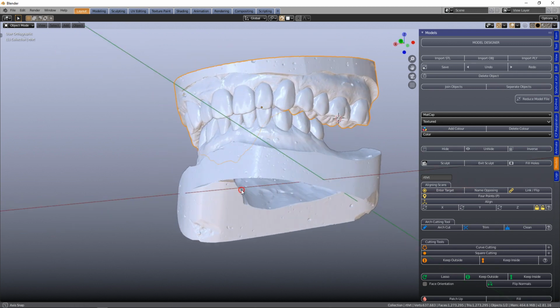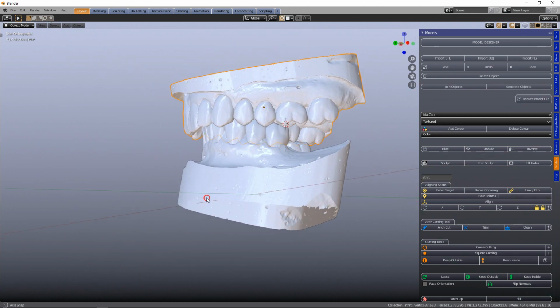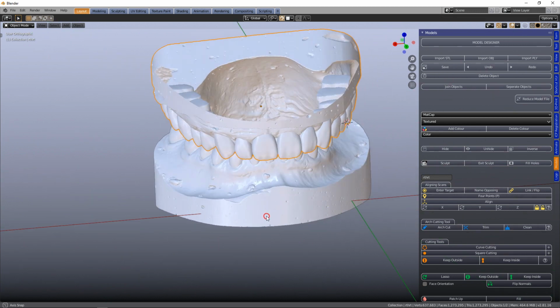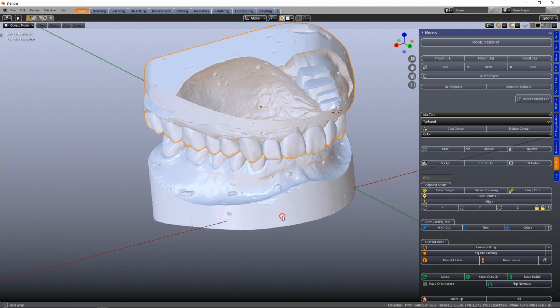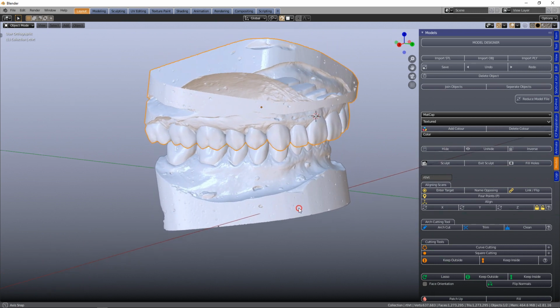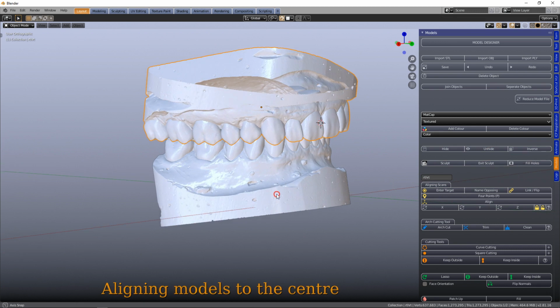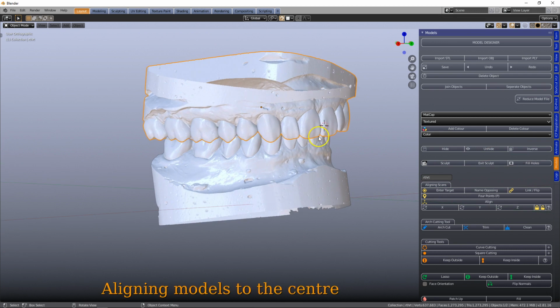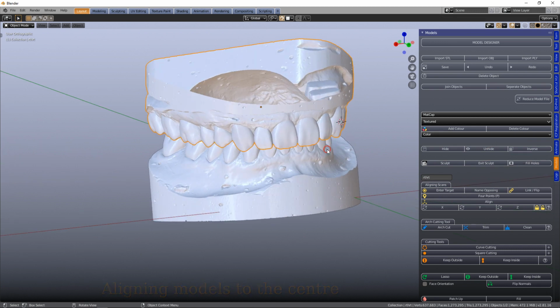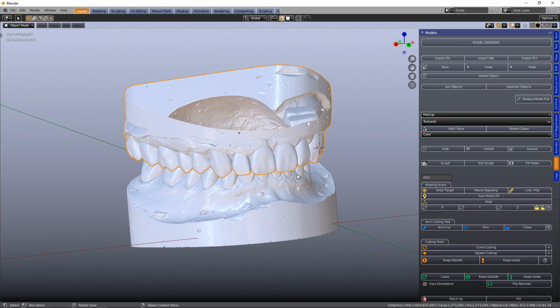So we can see that the models are not aligned to the middle of the workspace, and this is important so that when we extrude the study model walls, they are perpendicular with the occlusal surface. So we're going to be doing this first of all, and most of our work we do this first and foremost. So we're going to be changing the name of the top model,